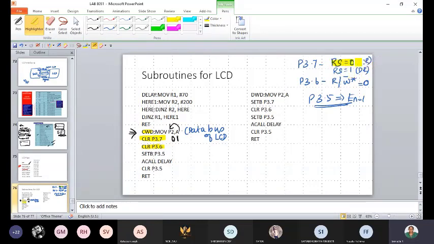So this is your command register. You select your command register, pin 3.7, clear it. And similarly, you are going to write the command, so it's an active low signal. So pin 3.6, again you clear it. And then enable your LCD. Okay, enable your LCD. Setb P3.5. And then call your delay.